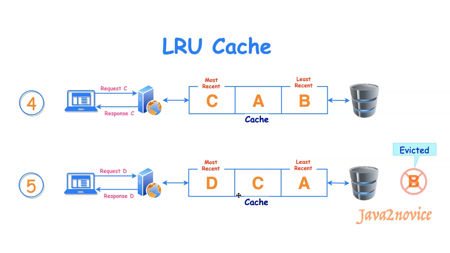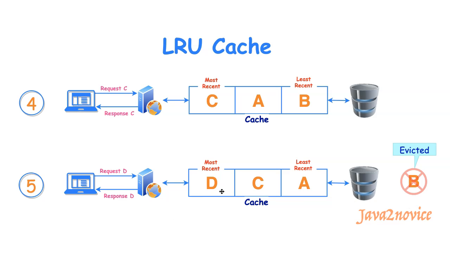If you notice here, in the previous request, the cache is already full. Its capacity of 3 is already reached. It cannot store data beyond its capacity. So what to do now? This is when the cache evicts an element to accommodate the latest data. It chooses the least recently used element to evict from the cache. In our case, data B is least recently used, so it will evict data B to accommodate data D.